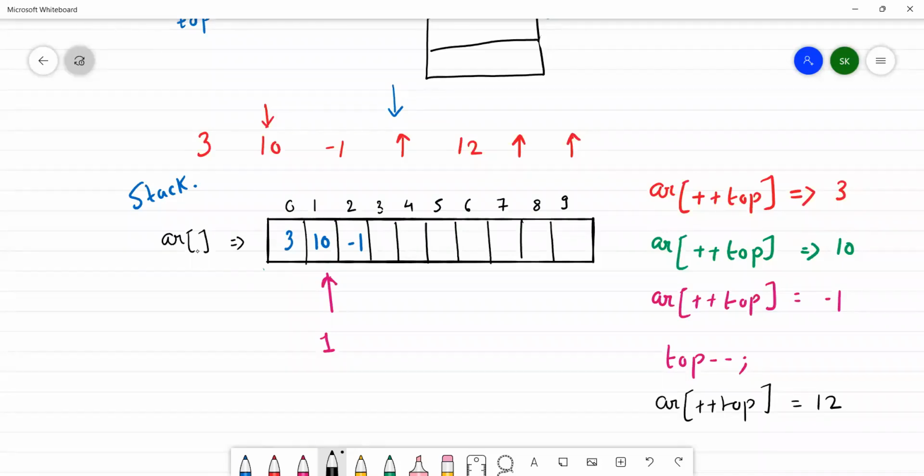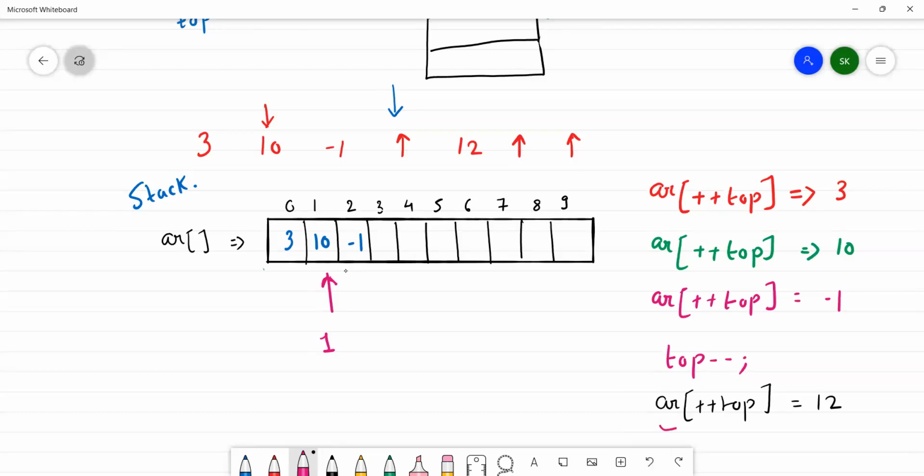Ma'am, 12 will replace -1, or will it move further? After performing the operation top minus minus, -1 is not removed from that array. It is just like your top was here, and it comes to here. That's it. And if we want to insert 12,